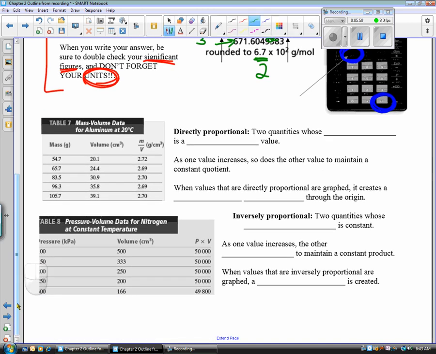Now, the very last thing we're going to learn is something called directly and inversely proportional. Directly proportional is when you have two numbers whose quotient, remember a quotient is the answer when you divide, has a constant value. Like density is one of the ones they use over here. If the mass goes up, the volume goes up, because it's always going to have the same value. As one increases, so does the other. One goes up, the other goes up. When values that are directly proportional are graphed, it makes a straight line,